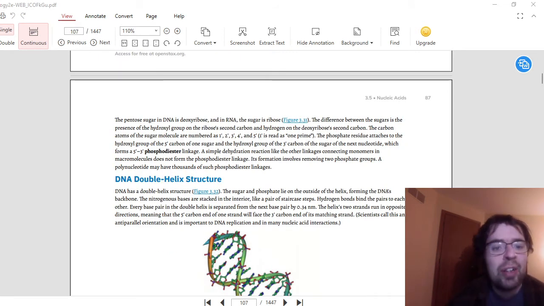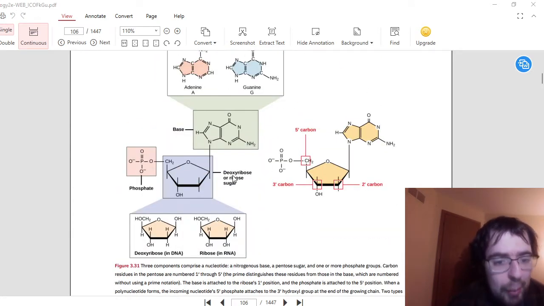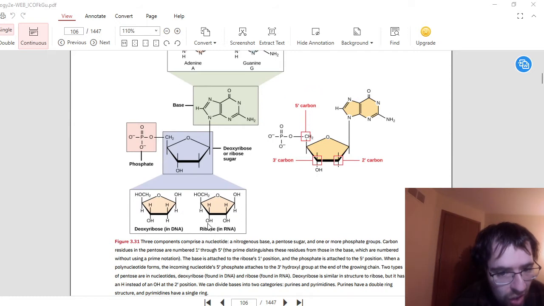The pentose sugar in DNA is deoxyribose, and in RNA, the sugar is ribose. Deoxyribose and ribose, and the reason they call it that is because on the ends, in DNA you have the